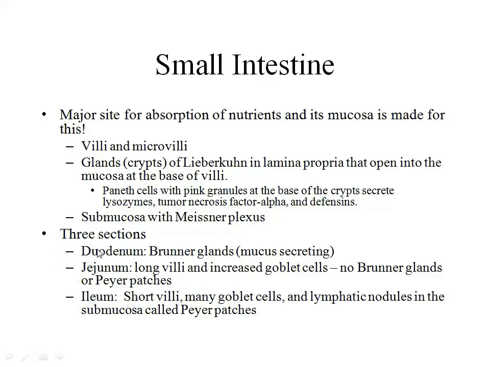Okay. So there are three sections: the duodenum, where you will find Brunner's glands. In the case of the jejunum, there are long villi and increased goblet cells. No Brunner's glands or Peyer's patches are seen in the jejunum. And in the case of the ileum, there are very short villi, many goblet cells, and lymphatic nodules in the submucosa called Peyer's patches. Histologically, everything is very similar in all three sections of the small intestine. So, to identify which portion,